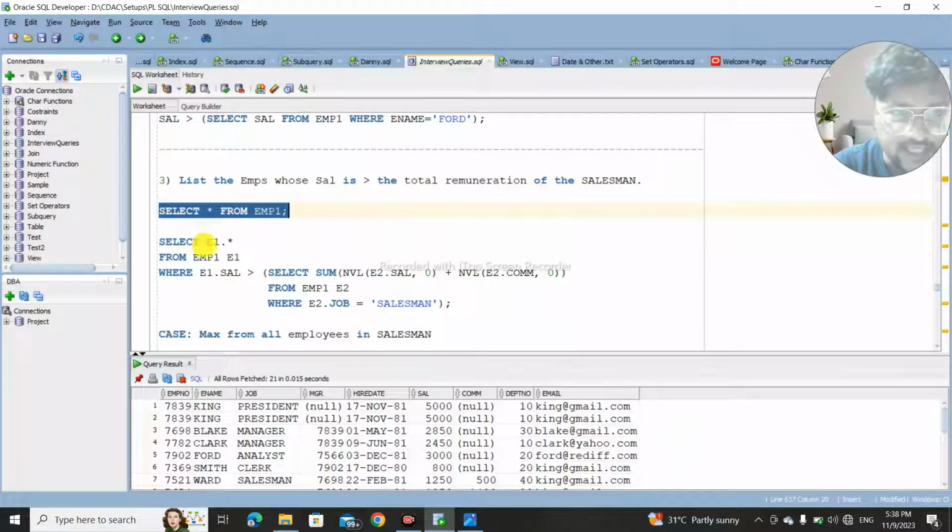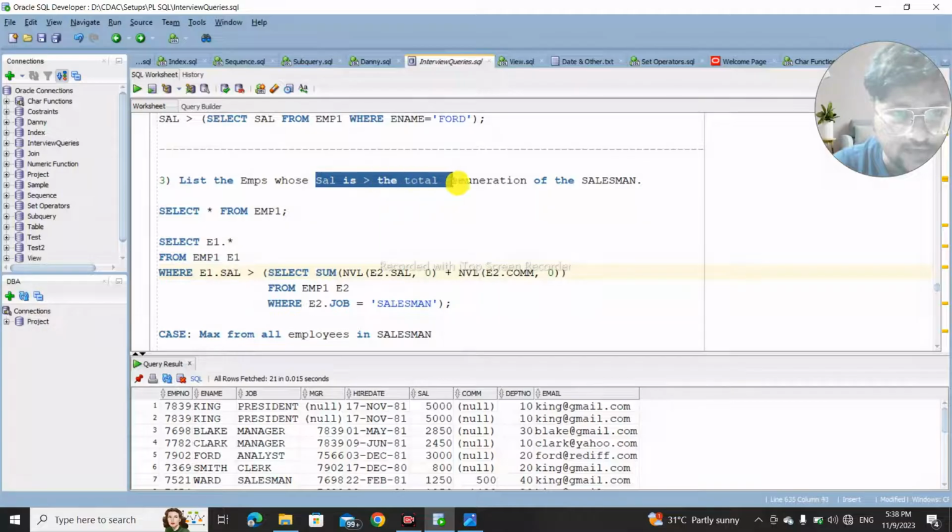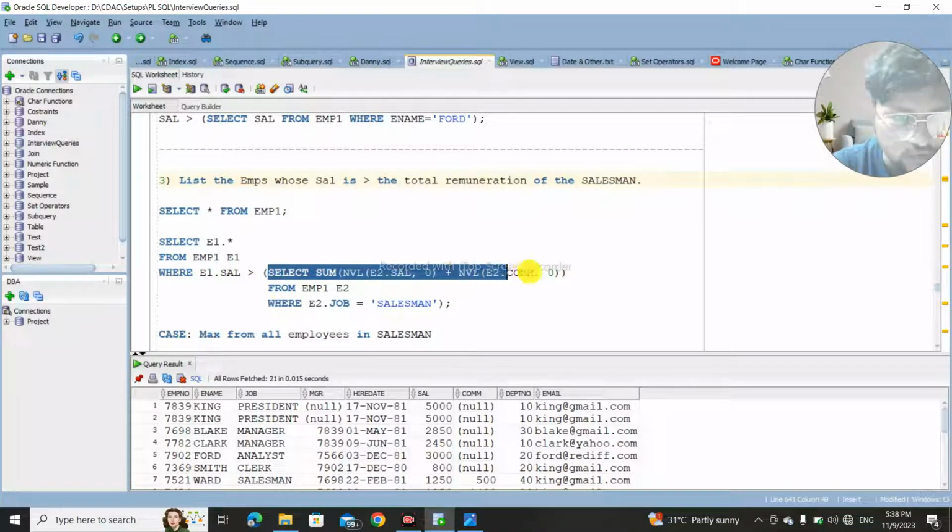So select, what do we want? E1, so E1 is an alias name. E1 dot star, so all records I want to fetch from EMP1. E1 is the alias name, where E1 dot sal. Now what is our condition? So the where condition: sal is greater than the total remuneration of the salesman. So sal greater than, and in the subquery I am writing